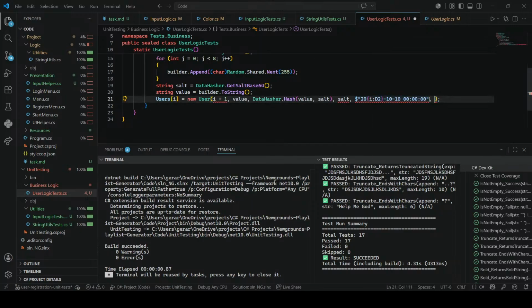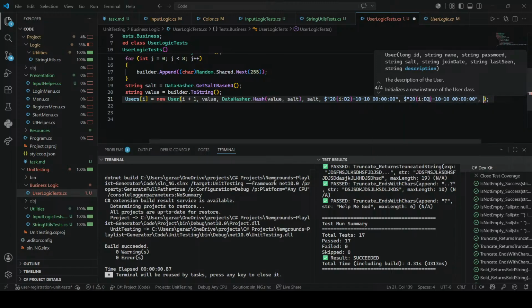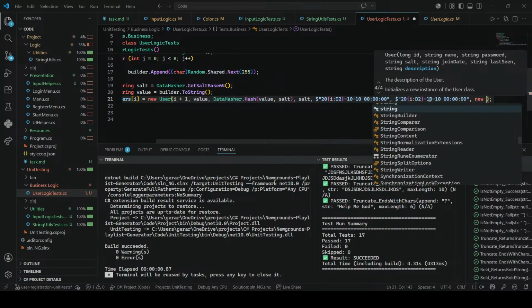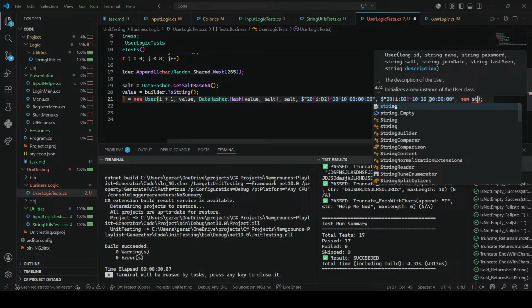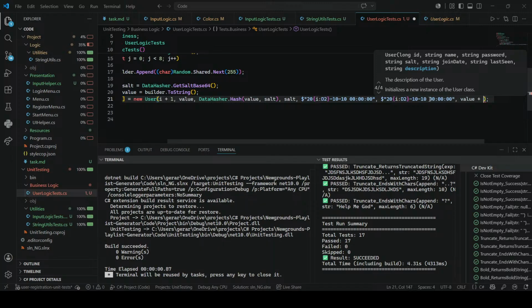Exactly what this is. Being value new string. I don't know, just value plus, just